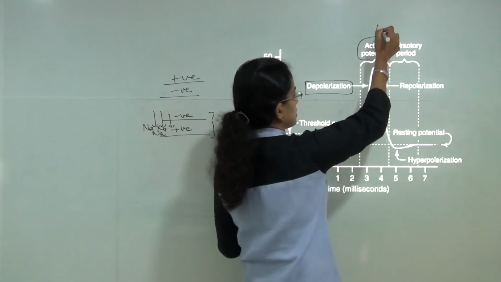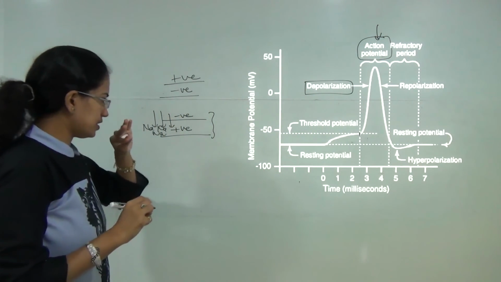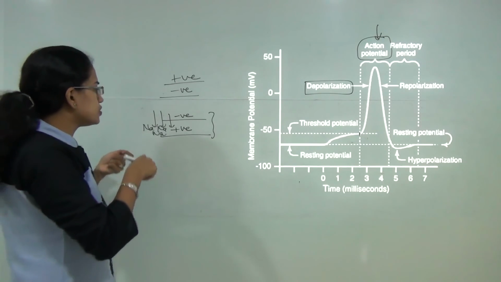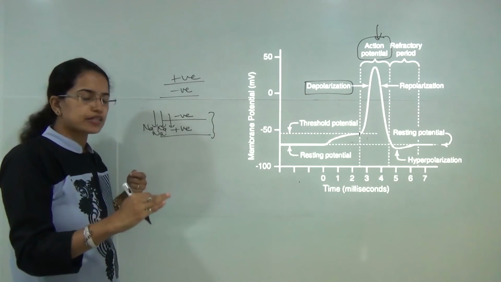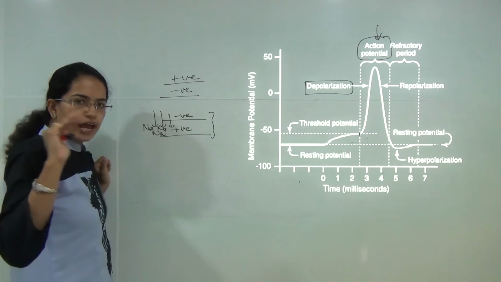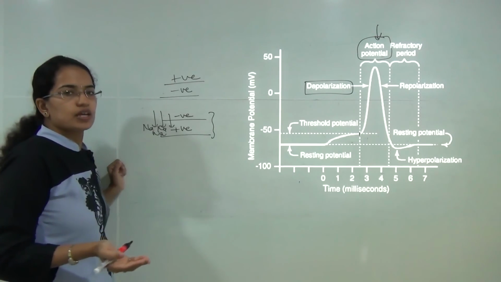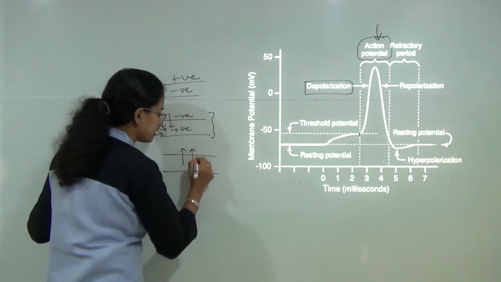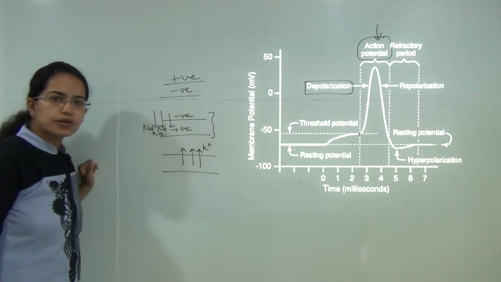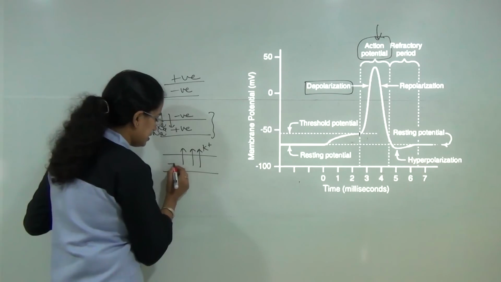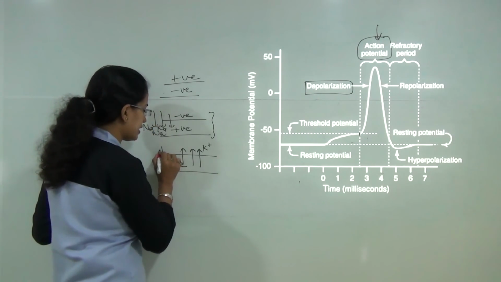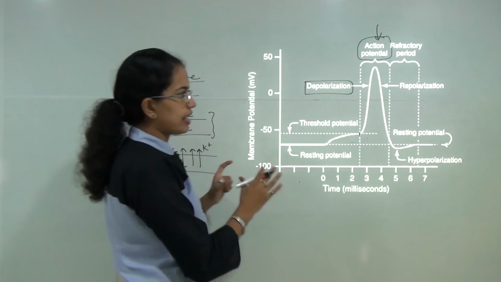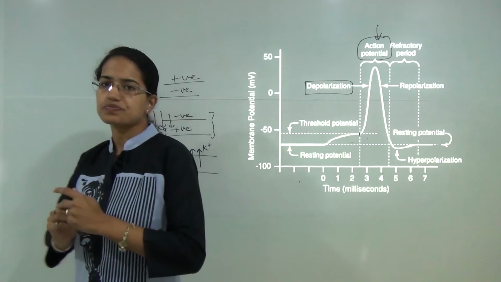We are still on action potential itself. Now what would happen after depolarization? Since there is numerous sodium that is moving into the neuron through the ion channels, potassium would have to move out. As a result, you would have again a negative inside and a positive outside. This is known as the stage of repolarization.